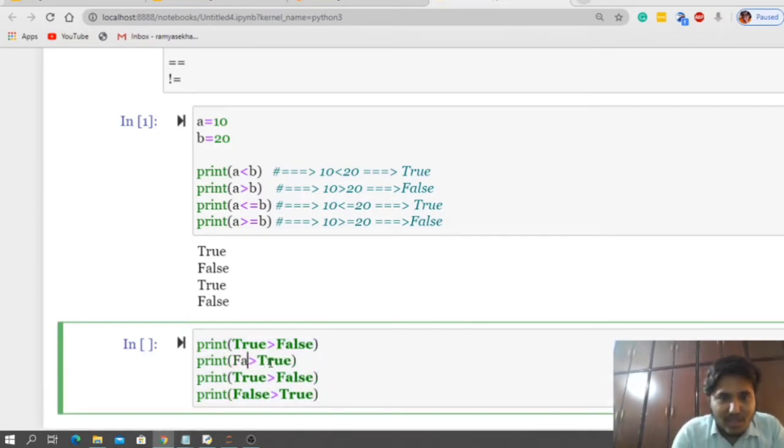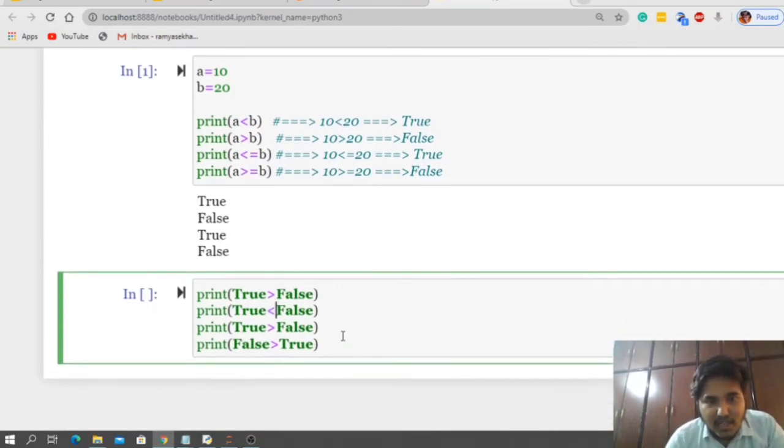Otherwise I can swap this for our convenience. True, false. Okay, now let me copy this too and paste here, and put the equal to symbol.